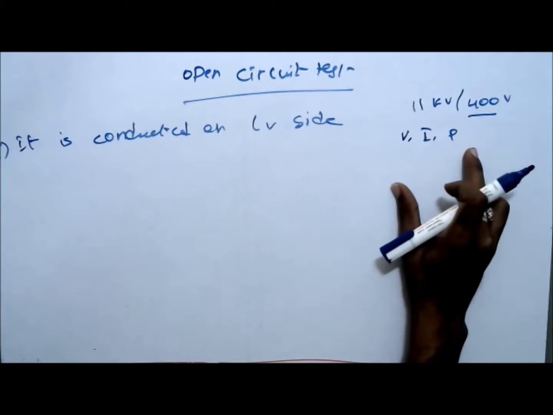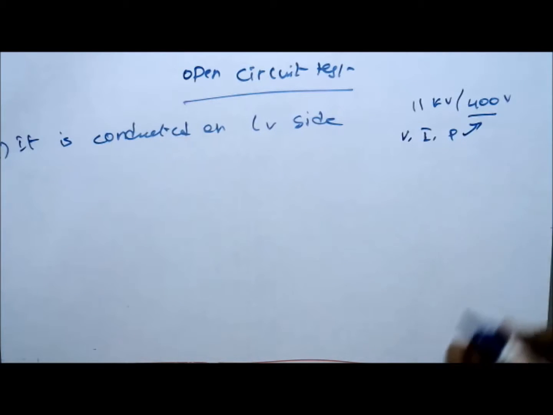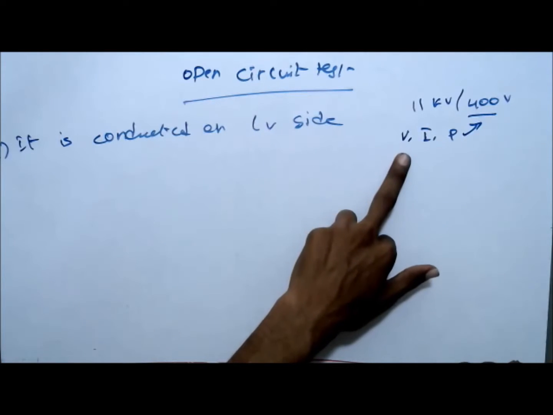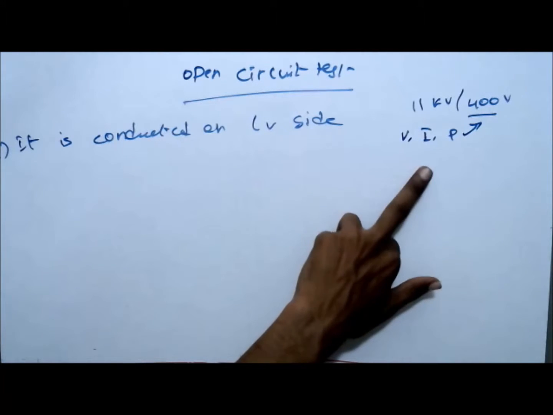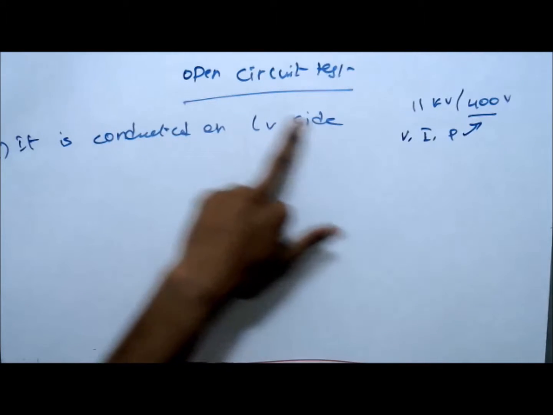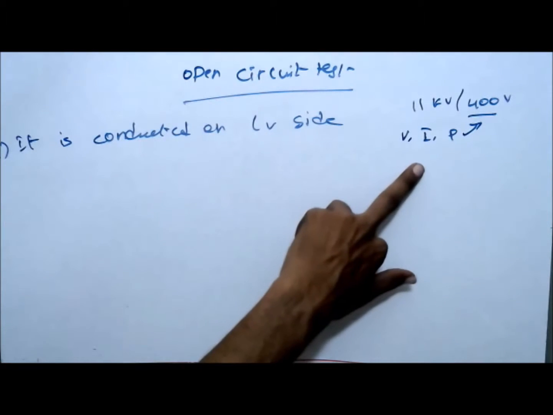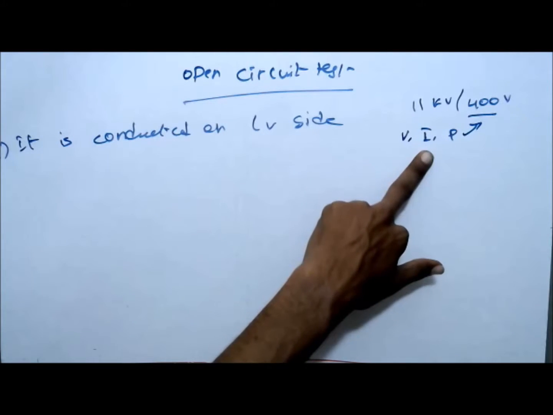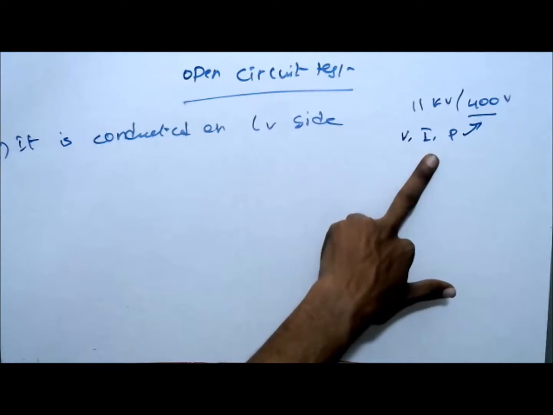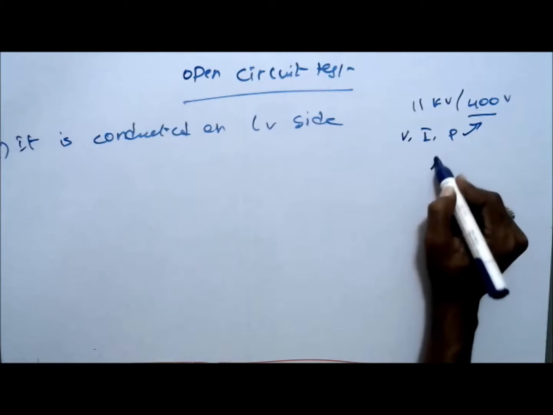So we will prefer these meters connected to the LV side. Here we will use a 400 volts voltmeter, and of course the current is somewhat low, because at the no load test only exciting current will be flowing. That's why we will use a low rating ammeter and wattmeter also. So here we will use a low power factor wattmeter,